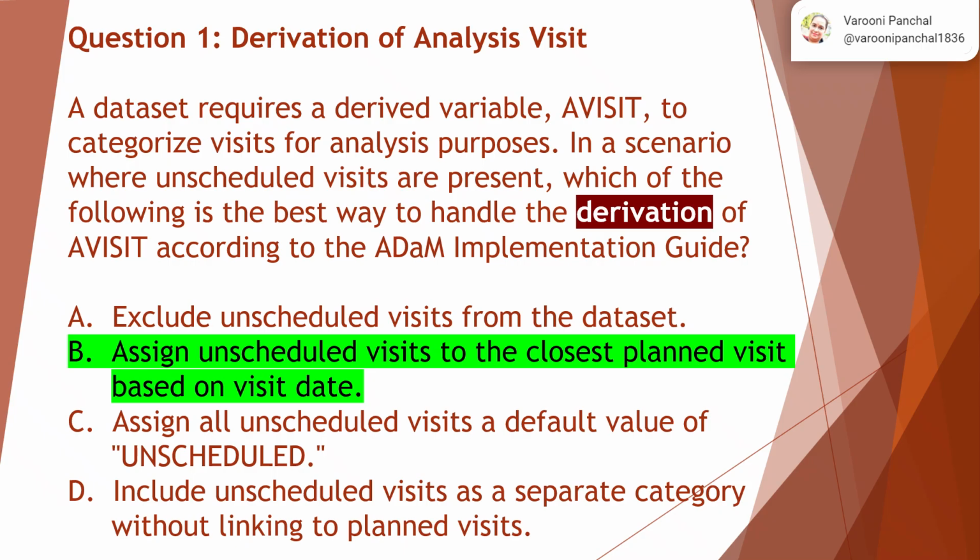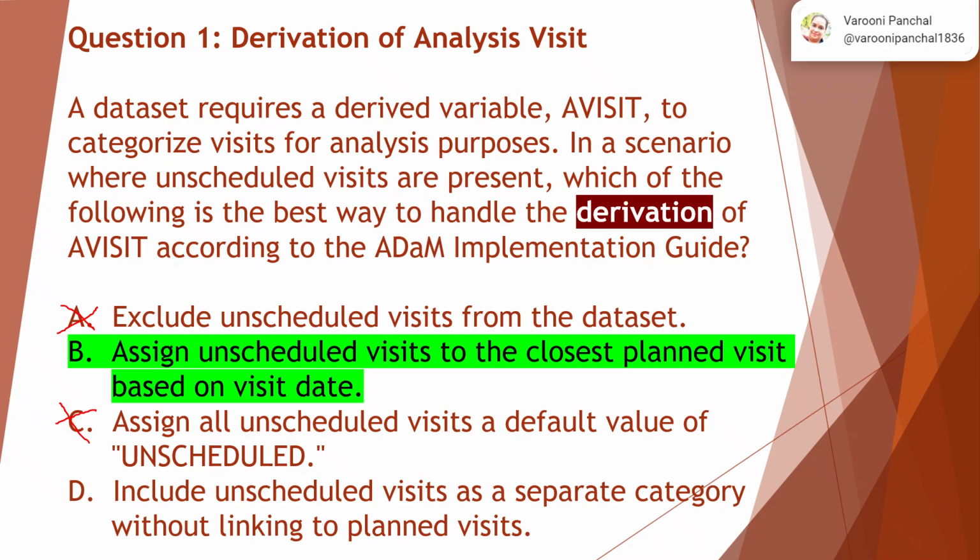So A says exclude unscheduled visits from the dataset. So this is not possible. We have to include all the unscheduled visits in the dataset analysis. C is assign all unscheduled visits a default value of unscheduled. No, we cannot give a default value. That is not possible. So we have to be sure that the unscheduled visits are assigned to the nearest visit